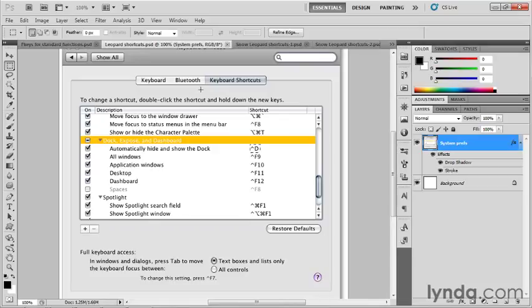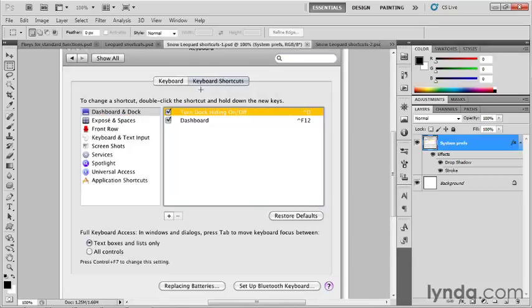Now, it works differently under Snow Leopard, as I was saying. Not all that different, but here's what the keyboard shortcuts panel looks like. It's divided into a bunch of groups like so. So you first start by going to Dashboard and Dock, and you set the dock hiding to Control D, and it's the same thing. You double click on this item right there